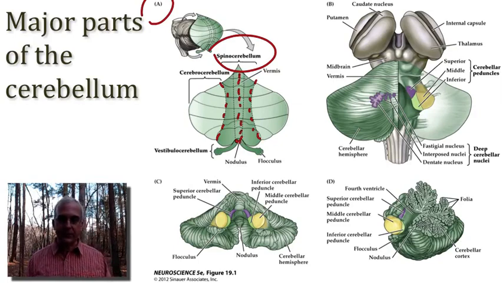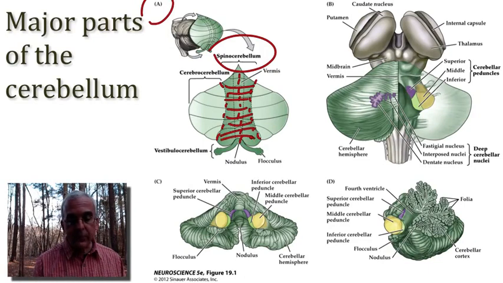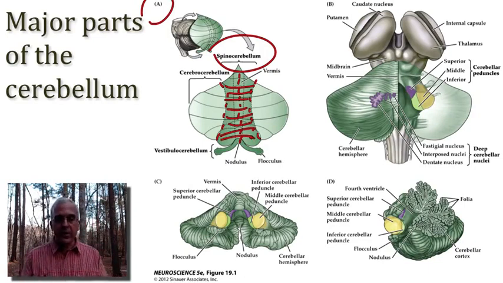This is called the vermis, which is Latin for worm. It's as if we're looking down on a segmented worm. Unlike the hemispheres of the cerebrum, there really is no separation of the gray matter here between the cerebellar hemispheres. Rather, there's continuity. So this spinal cerebellum really is the central region along the midline and the parasagittal regions of